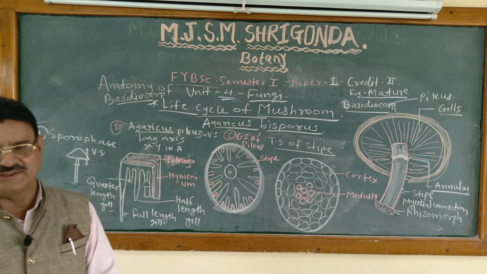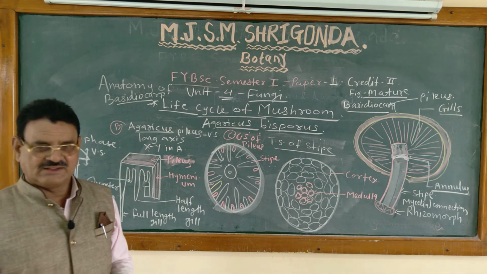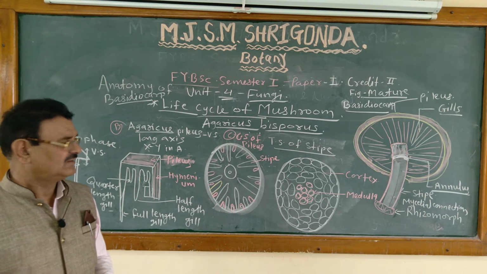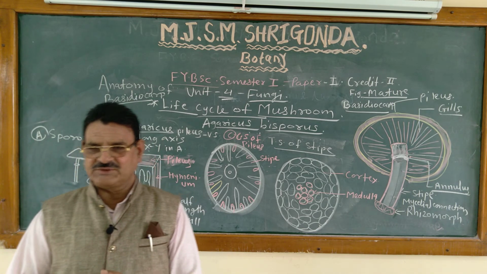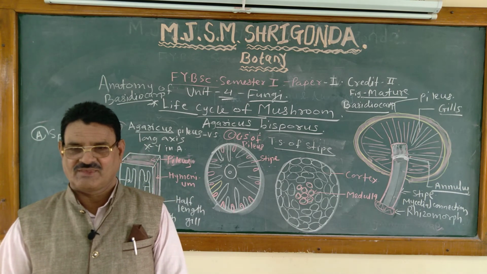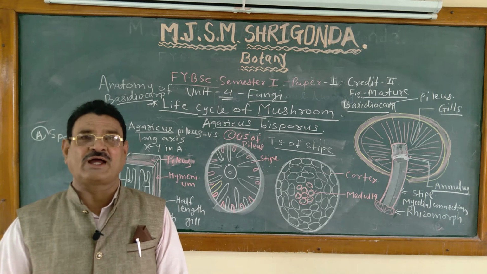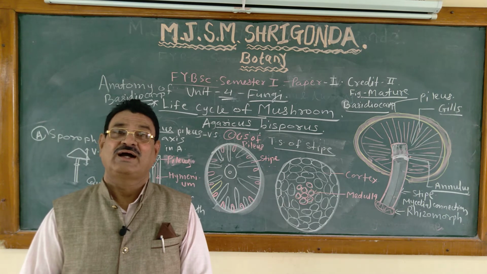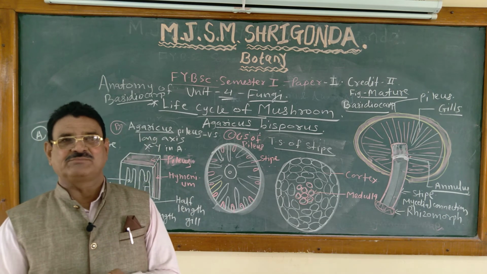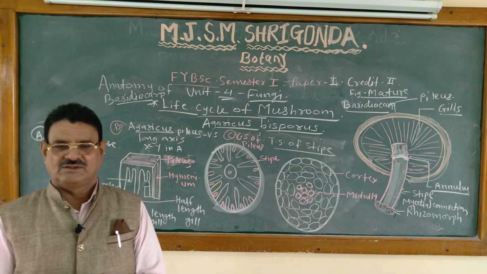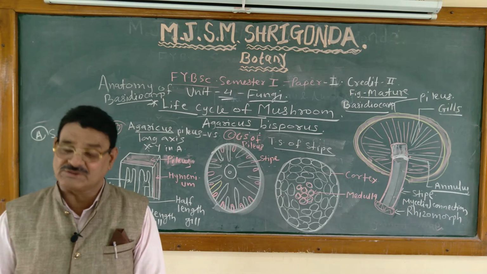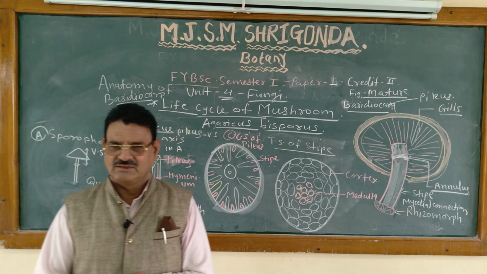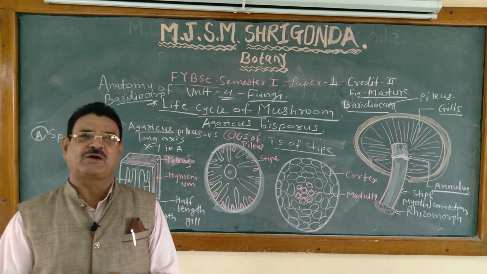The TS of the gills shows the following three distinct structures: trama, subhymenium or hypothecium, and hymenium. First, trama is the central region of the gills. It has loosely arranged interwoven hyphae, which are translucent, tubular, hyaline structures. Second, subhymenium or hypothecium. It is present on both sides of the central trama. It is formed by lateral branches of the hyphae of trama.